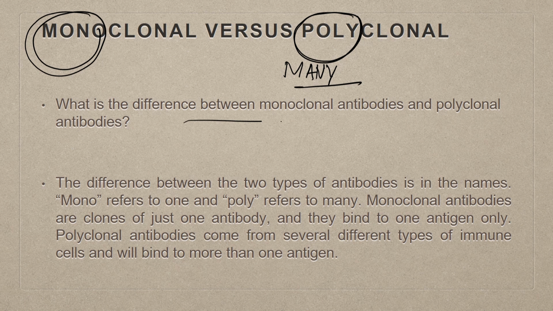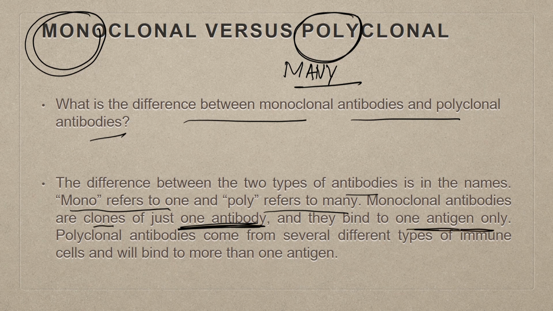What is the difference between monoclonal antibodies and polyclonal antibodies? The difference between the two types of antibodies is in the names. Mono refers to one and poly refers to many. Monoclonal antibodies are clones of just one antibody and they bind to one antigen only. Polyclonal antibodies, on the other hand, come from several different types of immune cells and will bind to more than